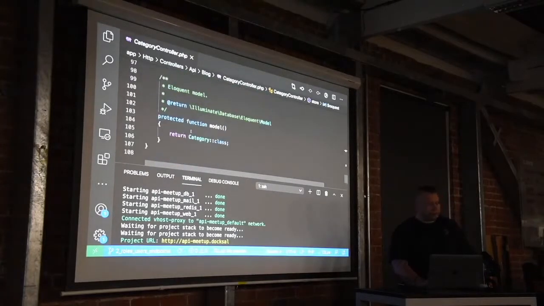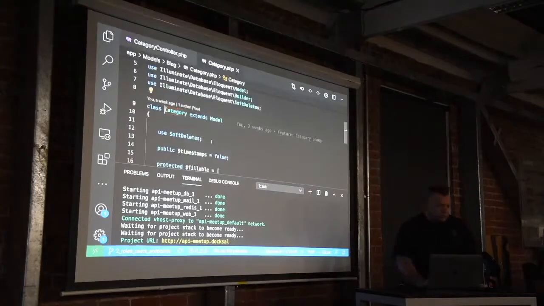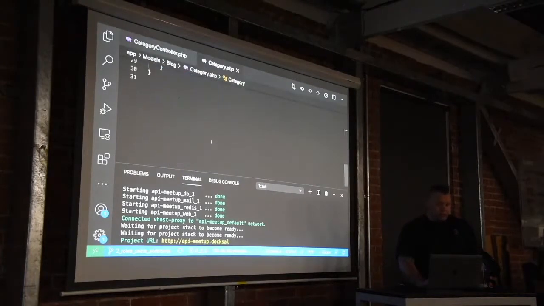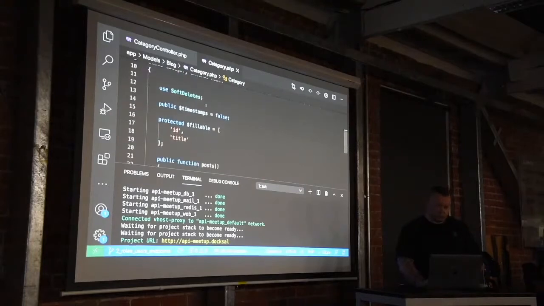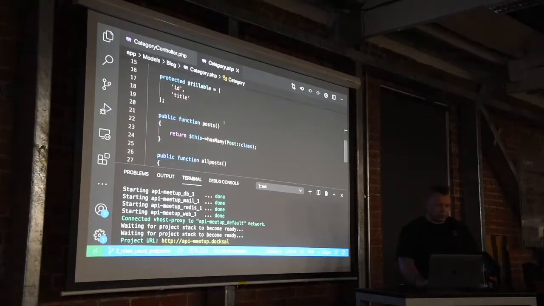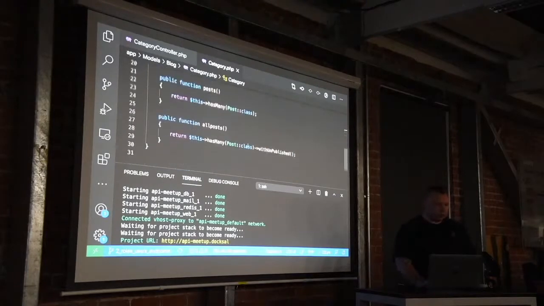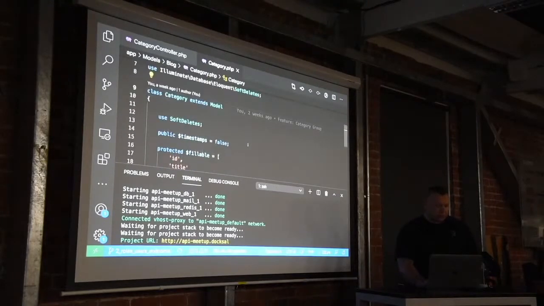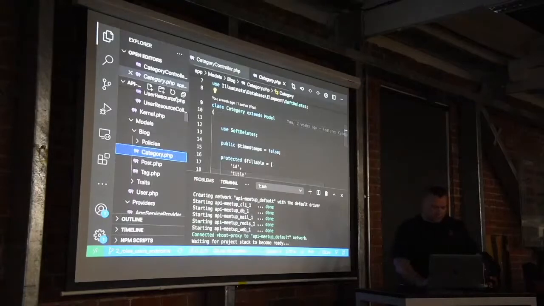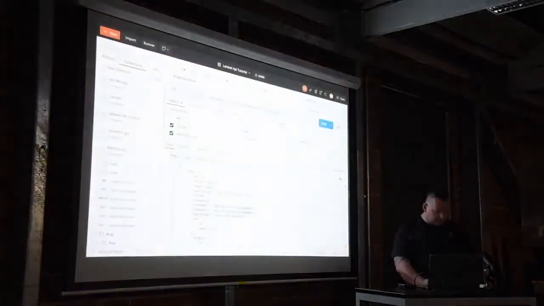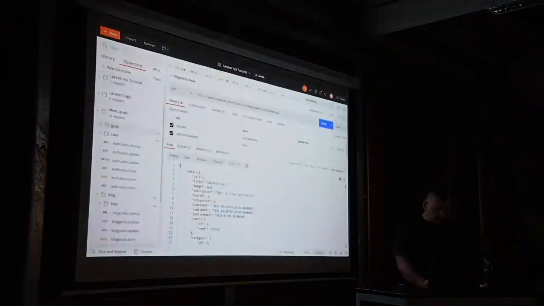We've got a protected method that tells it which model we are dealing with. Models, quite literally, are standard models, as you can see. I've got a soft delete, normal trait, my fillables, and my relationships. There's nothing you need to do on the models that's any different. And from that, you literally get